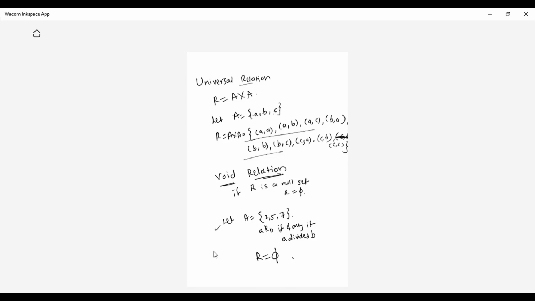So these are the types of relation we have seen right now. The first relation we got is inverse relation: A to B, B to A. Second is identity relation, that is itself, the relation to itself: 1 to 1, 2 to 2, 3 to 3, and so on. And we have seen universal relation, all for all, everything is included in the relation, by cross product. And void, nothing is there in the relation; we cannot relate the elements given in the set. I hope you have understood all those 4 types.